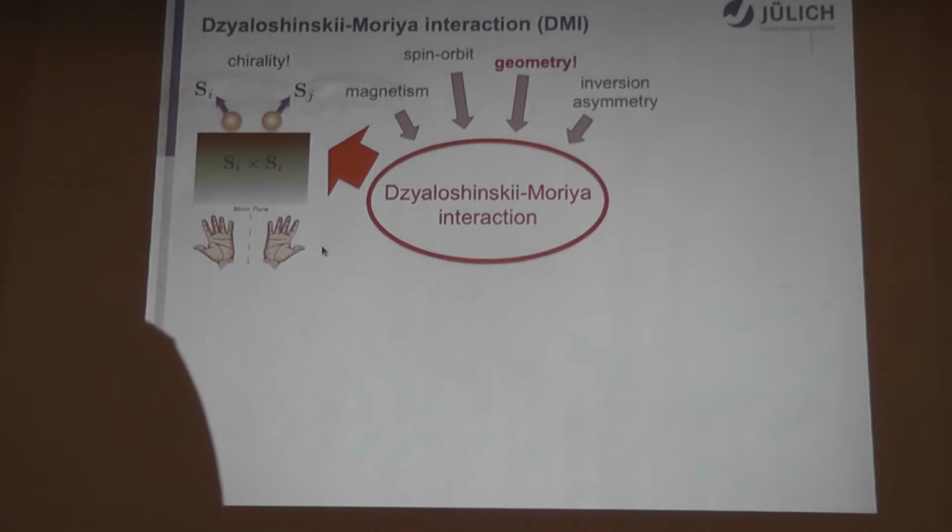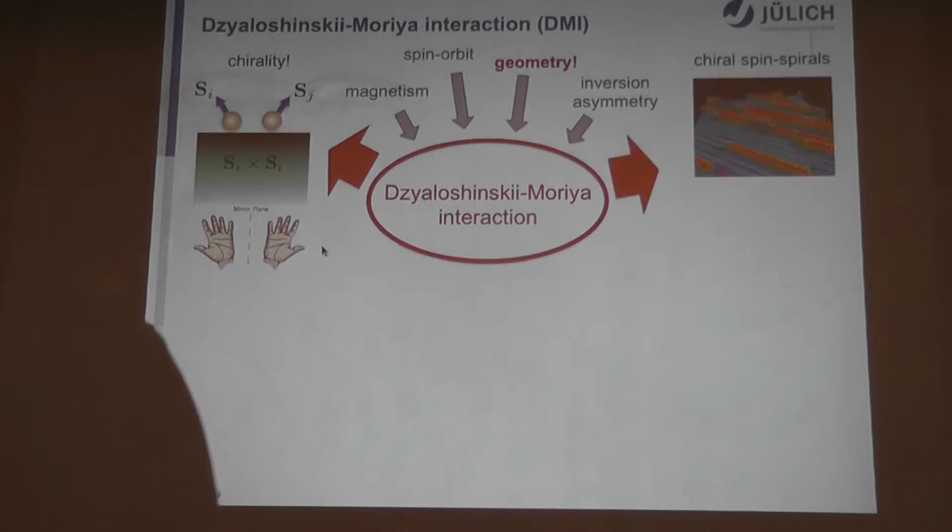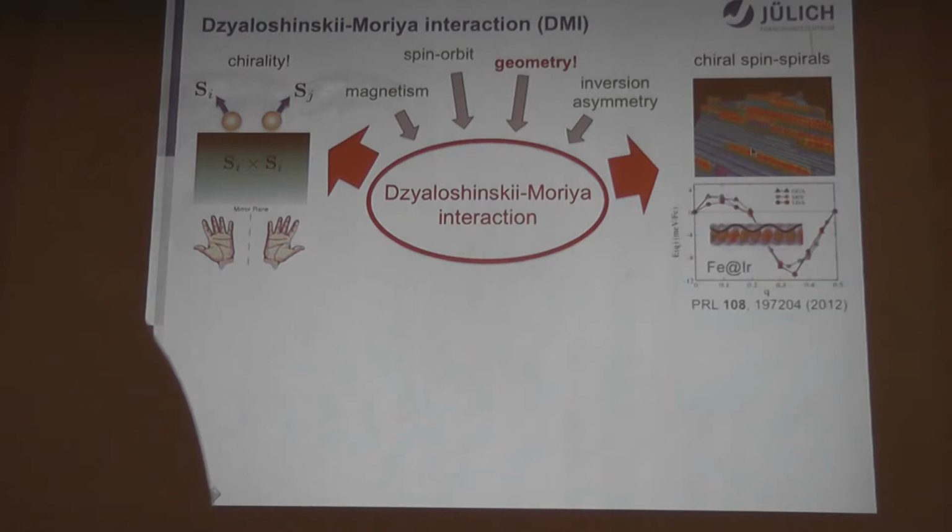Now, since we have a preferred chirality, we can also expect the formation of chiral spin states in magnetic systems. For example, this is true for these iron biatomic chains on iridium, where in collaboration with the Wiesendanger group, we were able to disentangle one of these spin spiral states. And the calculations which we do can allow us to predict the exact spin structure which occurs in this system, and this is actually the 120 degrees spin spiral.